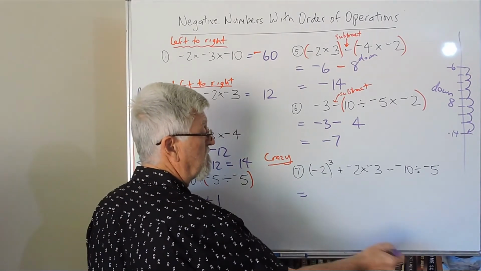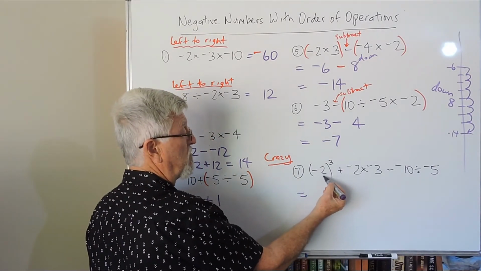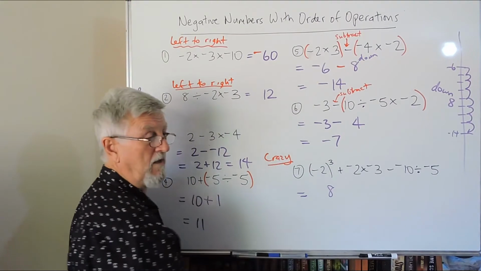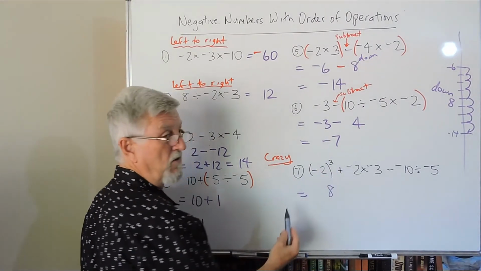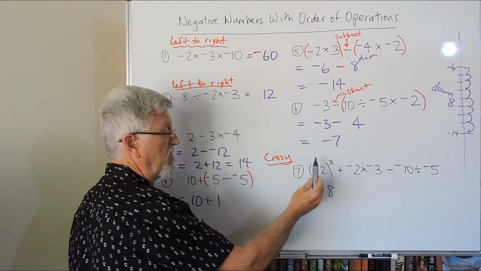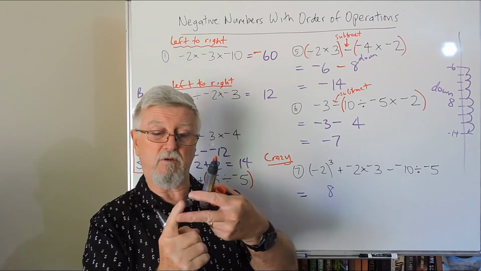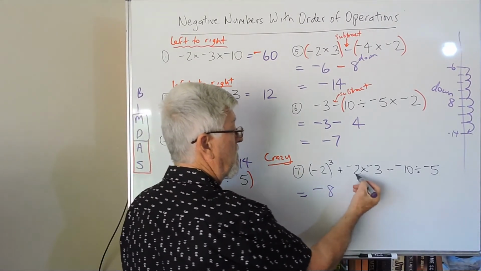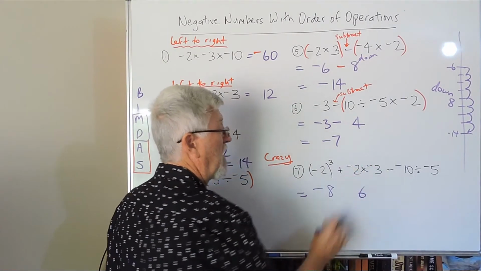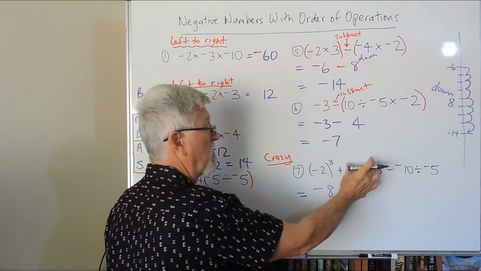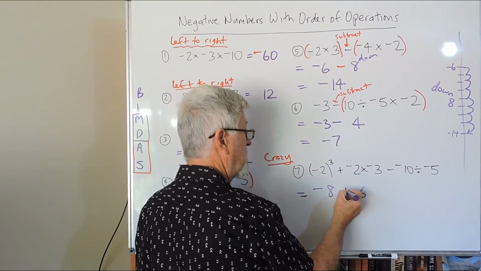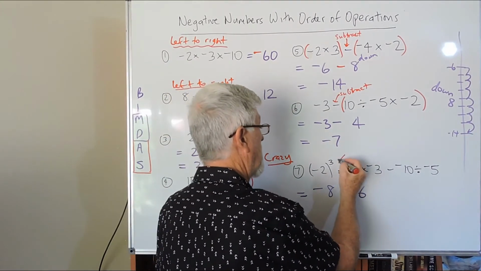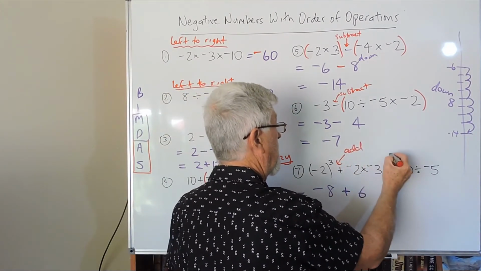Let's have a look at this. I'm going to treat this that you're okay. 2 by 2 by 2 is 8. It means multiply it by itself 3 times. A negative by a negative by a negative. There's 3 of them again, so 2 match up and there's 1 left over. 2 3s are 6. And the 2 negatives become a positive. You don't have to write positive, but here there is an addition. So that one there is add. That one there is